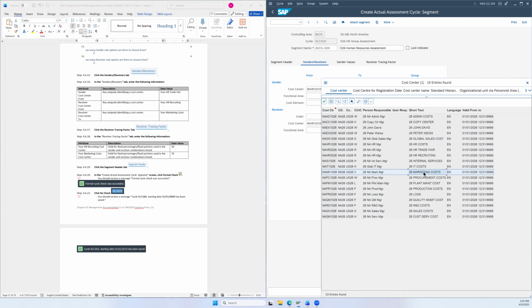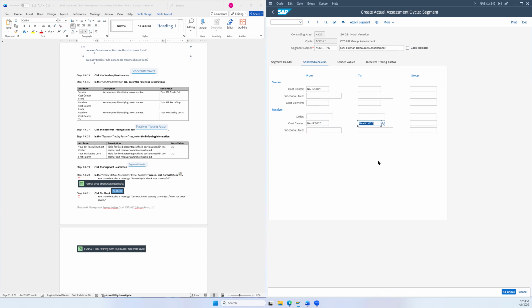Marketing costs right here. So NA, MK, 10, and our number. So marketing costs, I guess this makes a little bit of sense. HR, but this one's also HR. And then MK is marketing costs. But yep, this is sender, cost center, from, receiver, cost center, from,